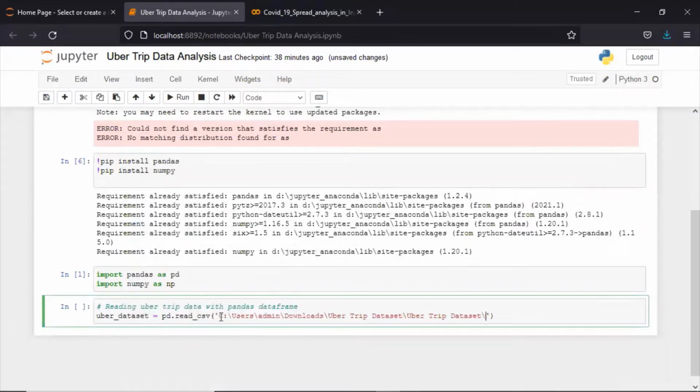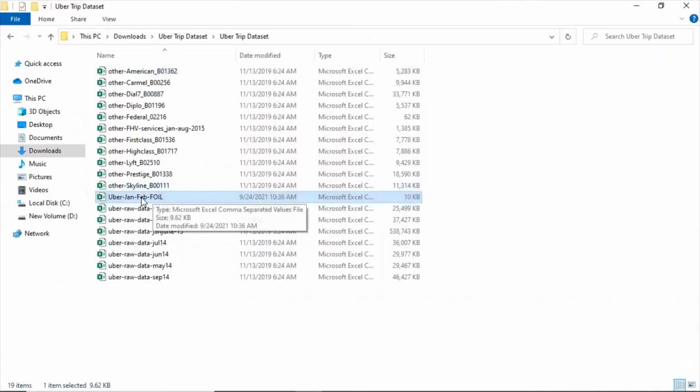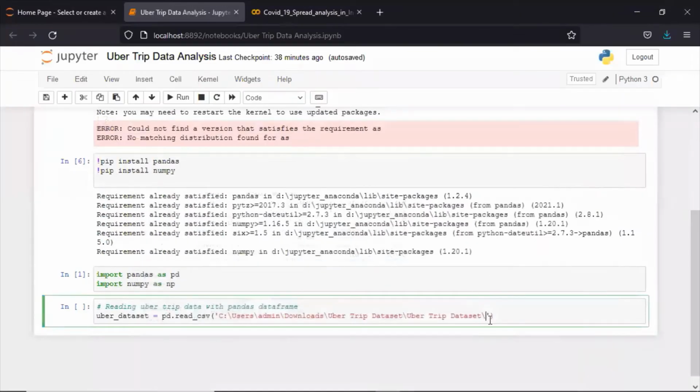You have to copy the file name also, because Jupyter needs to know how to find the file to read the data. The pandas data frame needs a path of the file to read data in the form of a data frame. So I copy the file name, paste it here, and run it now.